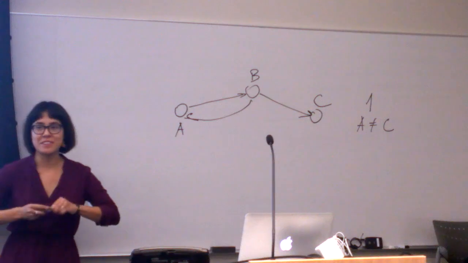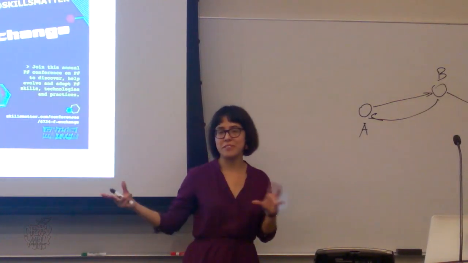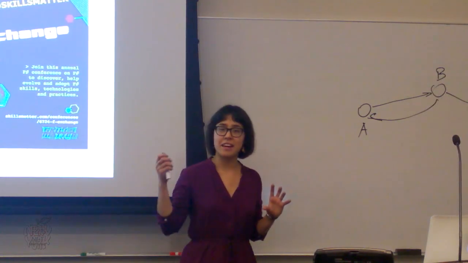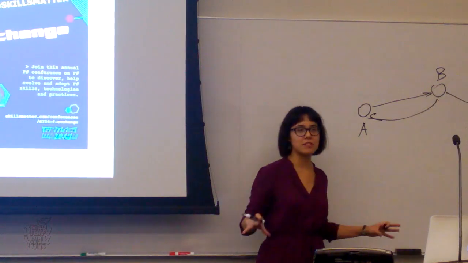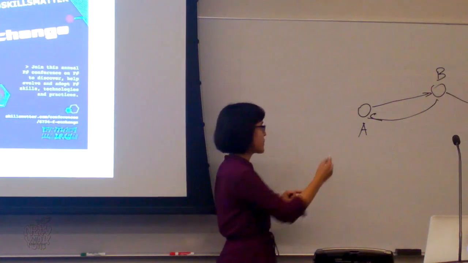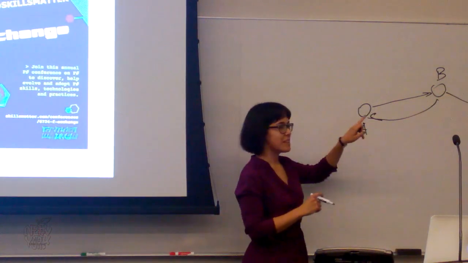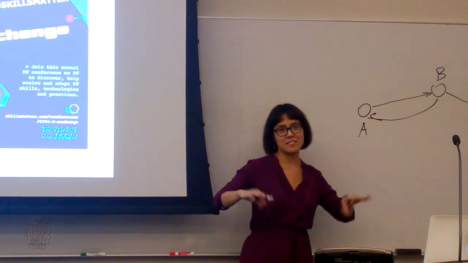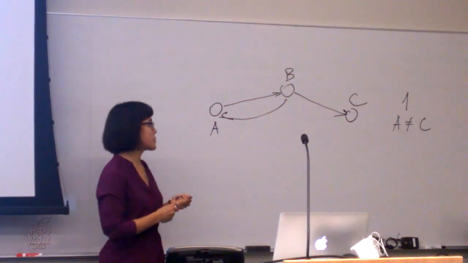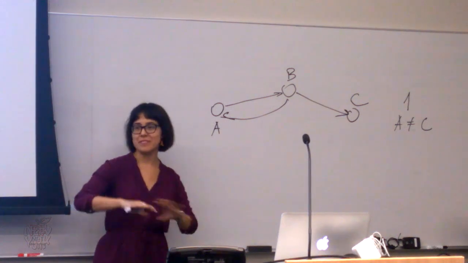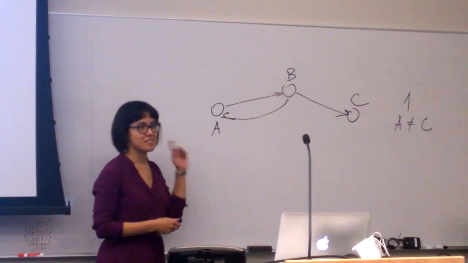Because the problem with spectral analysis with the adjacency matrix or some modification of the adjacency matrix is that the nodes that have very high degree just obscure all the other signal in the network. But if we have the non-backtracking matrix, if we don't allow the immediate going back, then this effect is much smaller. And there are some proofs that it's able to detect communities up to the detection threshold. Yeah, and it's a very nice algorithm.